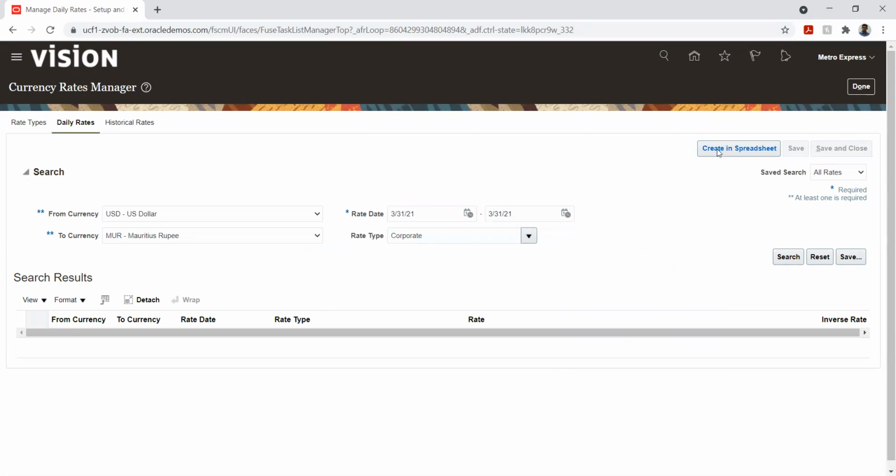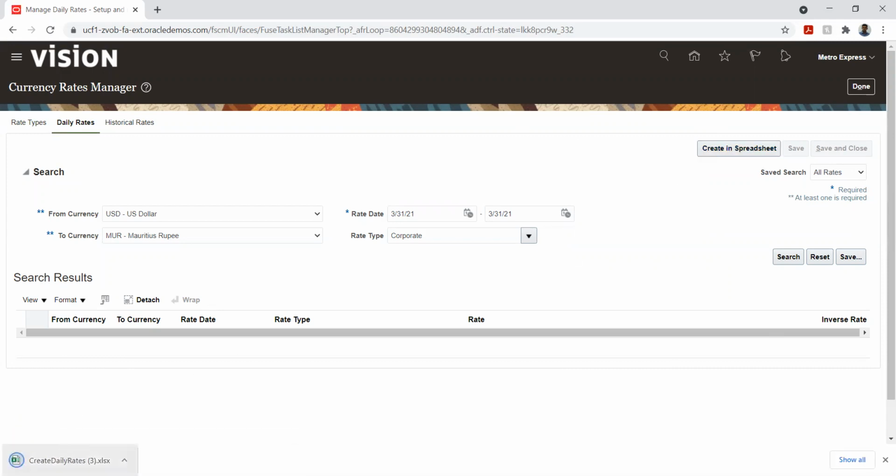To add any rates, I will have to use this spreadsheet. I don't have any manual option wherein I can just type in here and save this record. That is not possible in this particular application for currency rate addition. So I'll click create in spreadsheet.